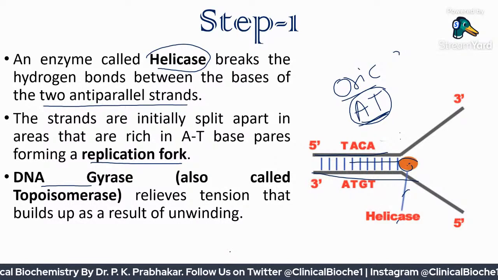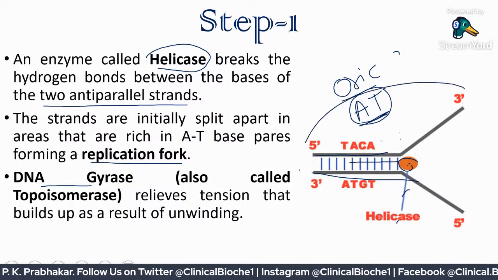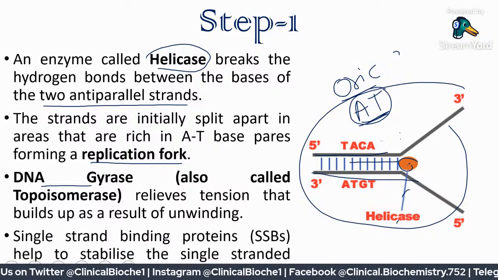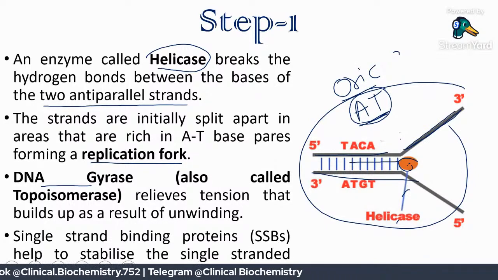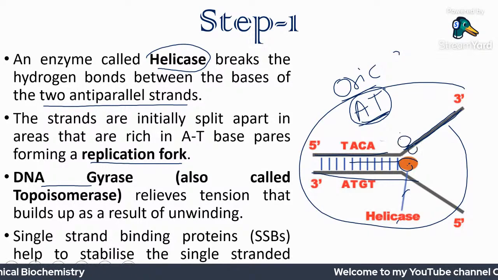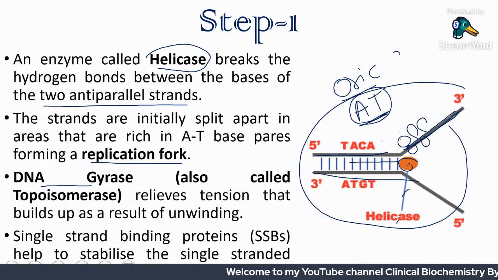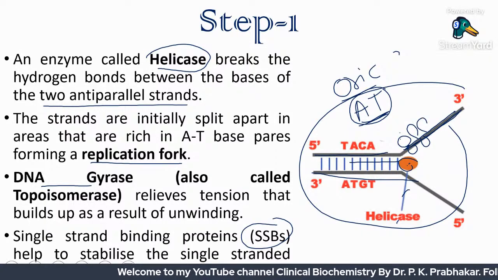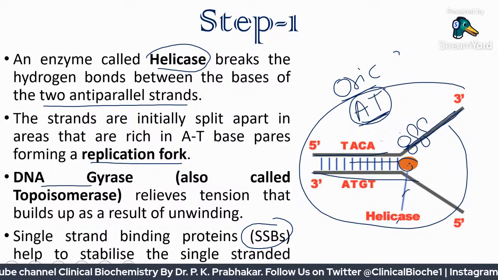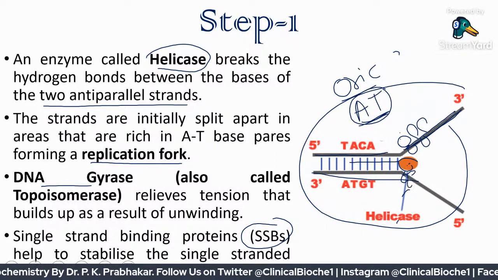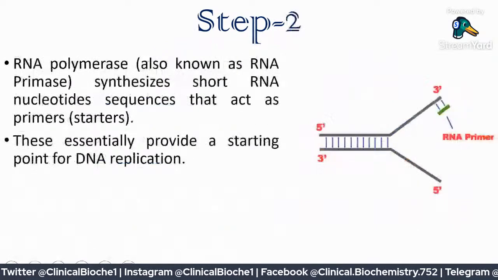So in step first, we are going to get this type of a structure which is called as replication fork. अब जब हमने इसको ओपन कर दिया तो ये सिंगल स्ट्रैंडेड डीएनए हो गया, विच इज लिटिल बिट मोर फ्रेजाइल। यहाँ एंजाइम्स इसको ब्रेक कर सकते हैं, तो यहाँ स्टेबलाइज करने के लिए छोटे छोटे प्रोटीन्स बाइंड करते हैं, जिसको बोलते हैं एसएसबी प्रोटीन, सिंगल स्ट्रैंडेड बाइंडिंग प्रोटीन, जो आपके सिंगल स्ट्रैंडेड डीएनए को थोड़े स्टेबल करते हैं, एंजाइम की एक्टिविटी नहीं होने देते हैं। तो दिस इज माय बेसिक्स ऑफ स्टेप नंबर 1।